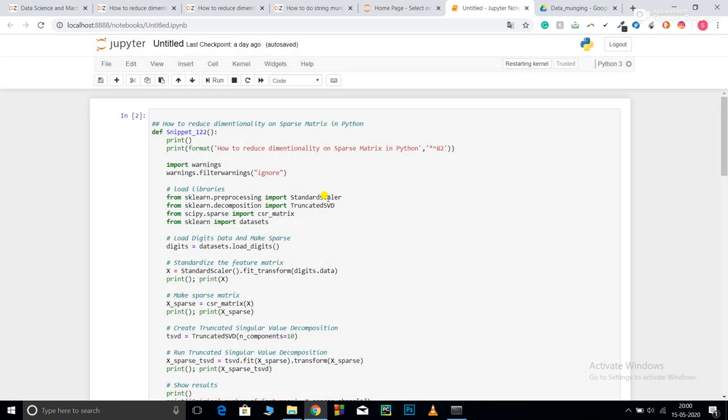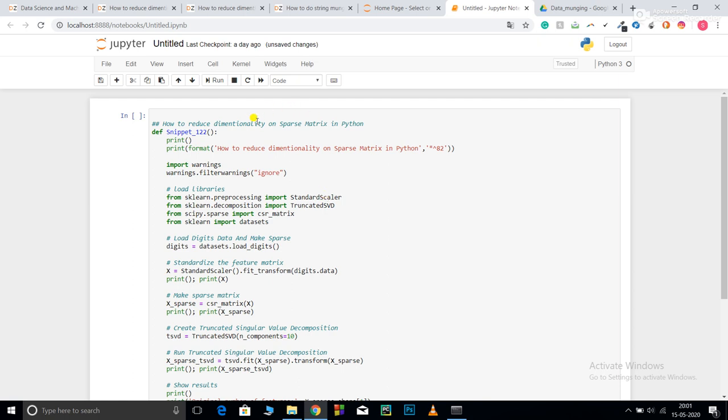So first of all, what is a sparse matrix? A sparse matrix is generally a type of matrix which has more zeros as compared to the numerical values. This means the matrix is not dense. Now, where do we generally see it? We generally see it in NLP. When we make a word co-occurrence matrix, you must have seen many times that most of the values are zeros. Those are known as sparse matrices.